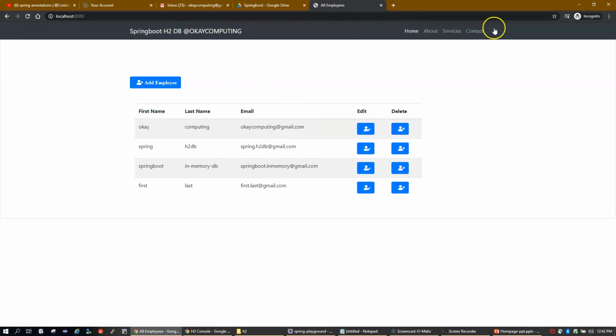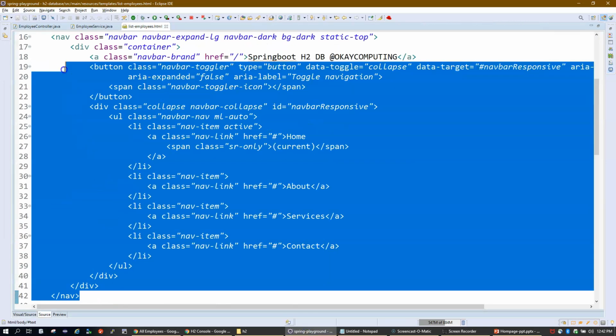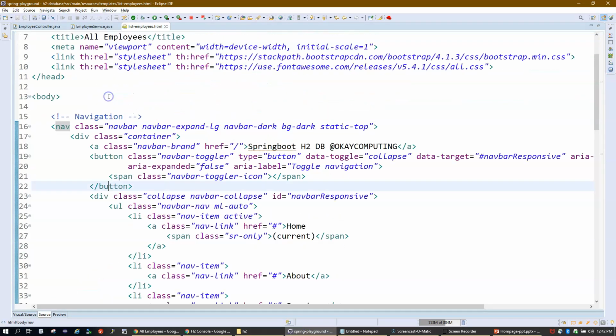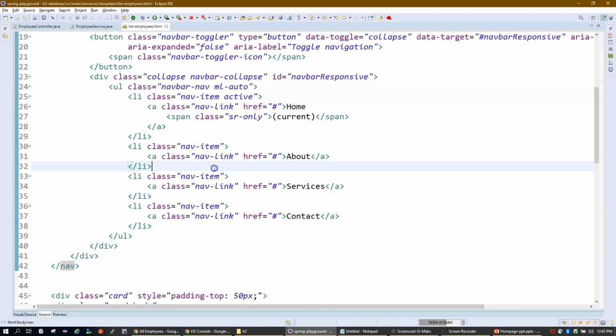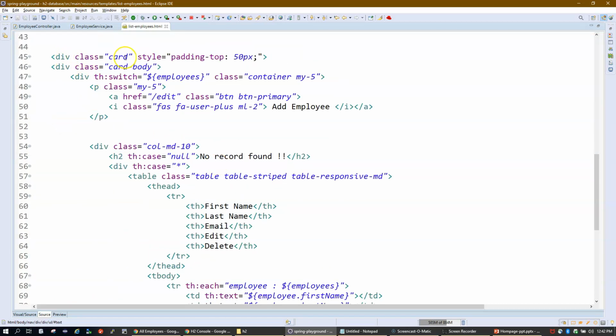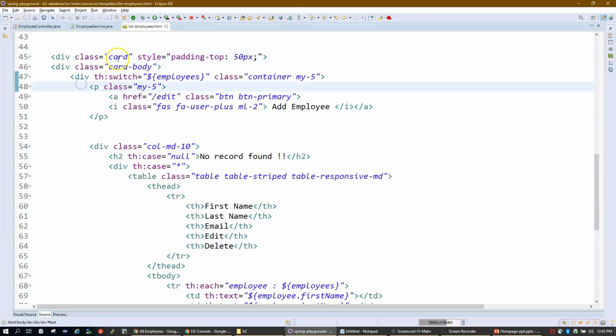So this is what you see here, this part at the top is my navigation bar, and the code is here. The navbar is a class in Bootstrap 4. If you see here, I have used Bootstrap CSS, and Bootstrap provides different classes. This is the class provided by Bootstrap to design a navigation bar that I have used here. Then I have used another class called card, so what you see here is just a card where I'm displaying the data, with card border and then data.